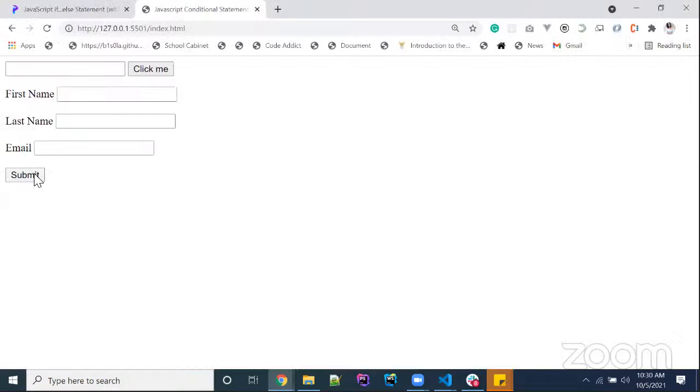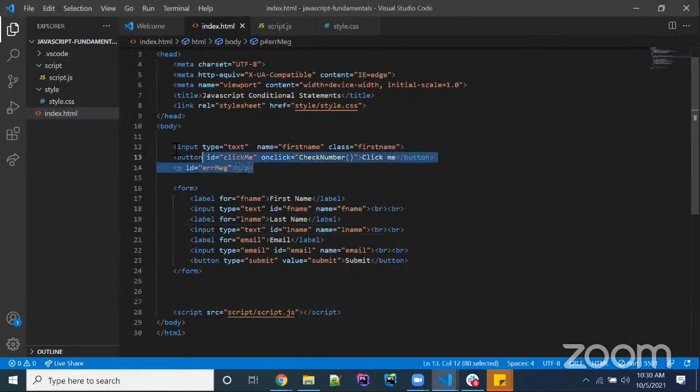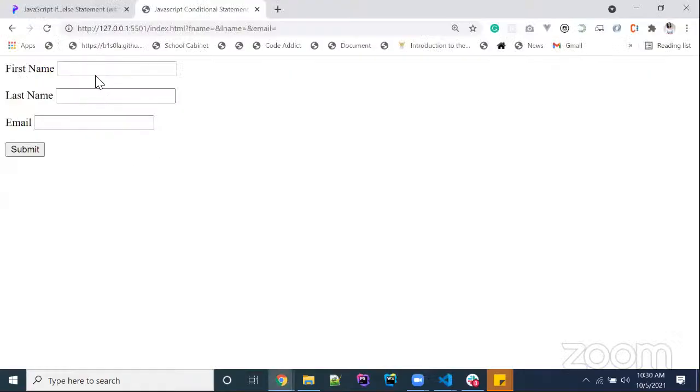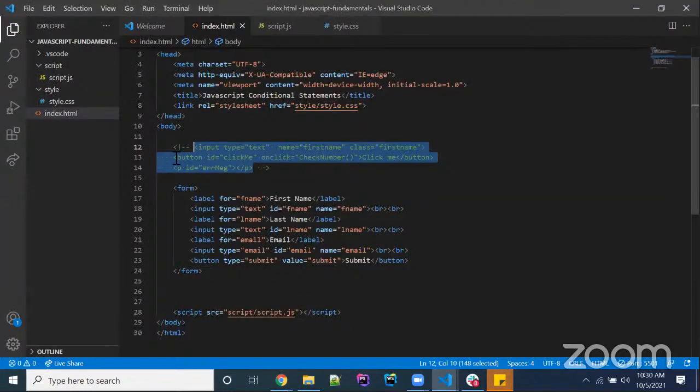All right. Let me just comment the first template we had. Okay. All right, so this is what we have. You see, this is going to submit. So by reloading the page shows that it's actually submitting, but will not set it the way it's going to submit to. So in our JavaScript,